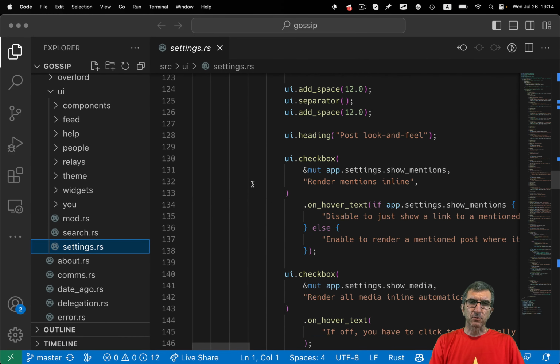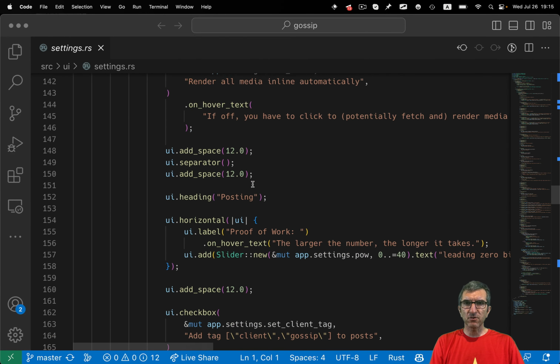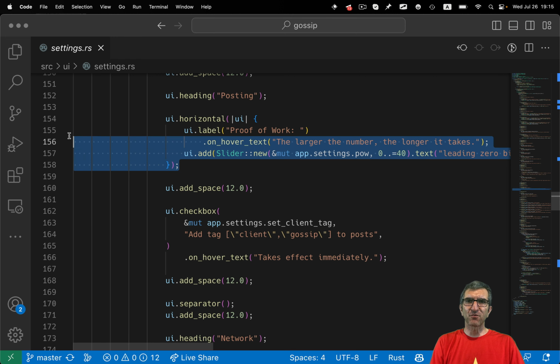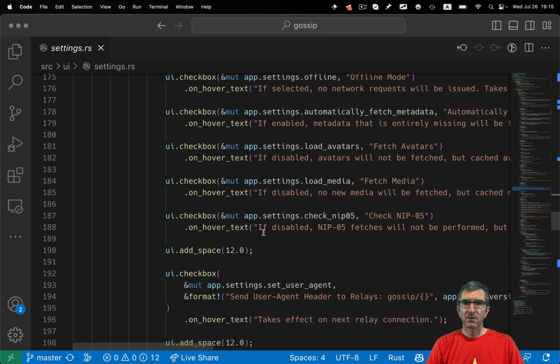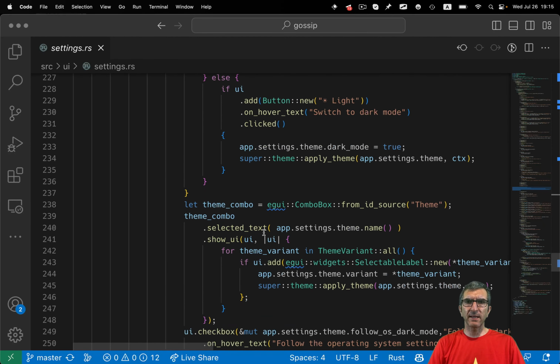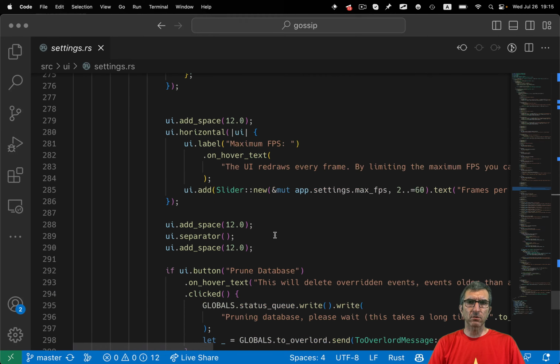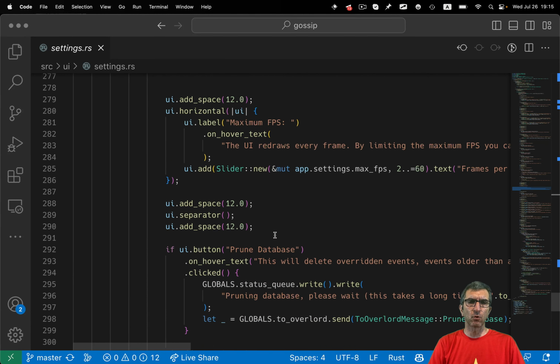Let me do this to make it a little bit easier to read. There is a proof of work, the same thing I was looking at. So this is a field for a horizontal line, the slider. And I will go to the end. There is a checkbox, another horizontal line. There was a button for prune.